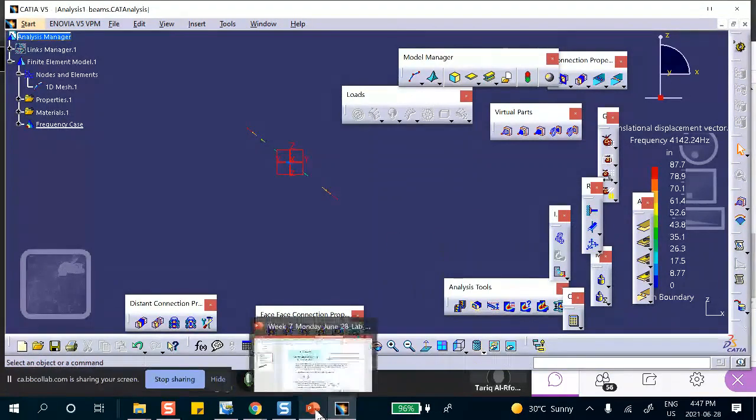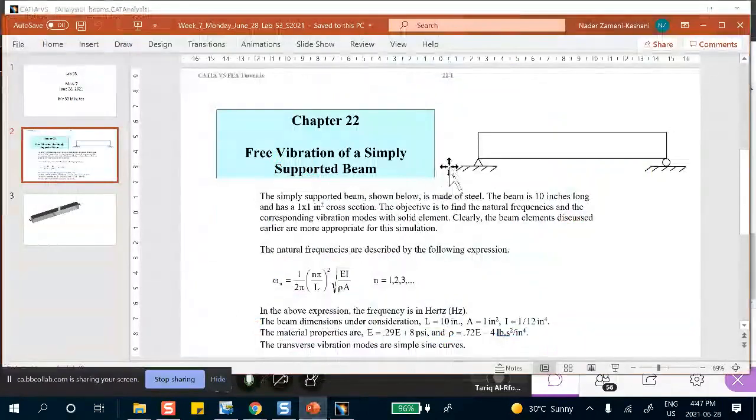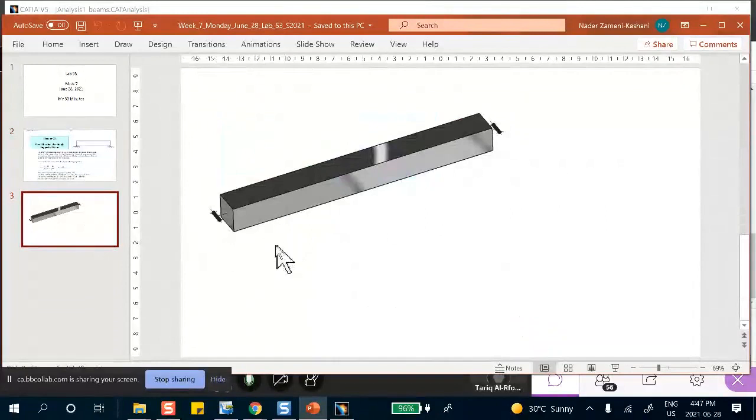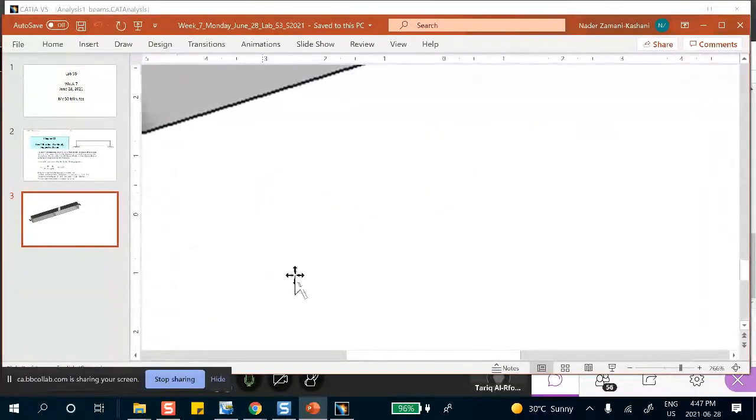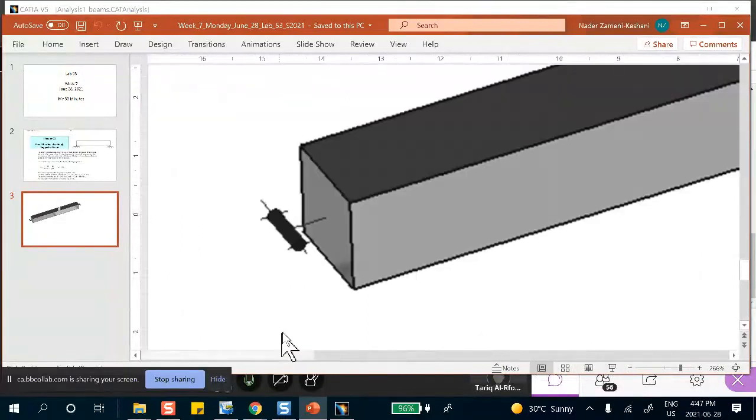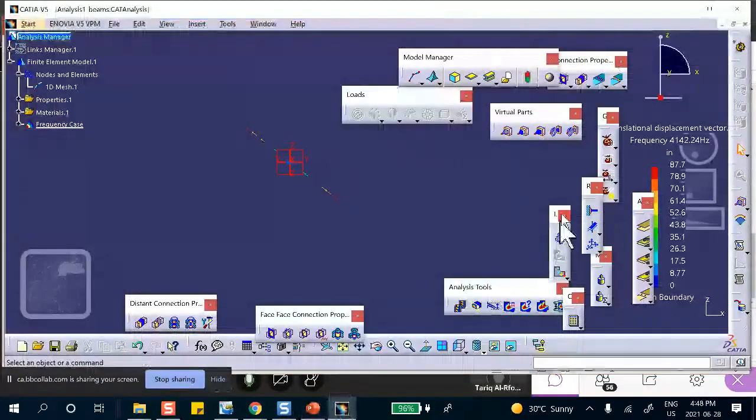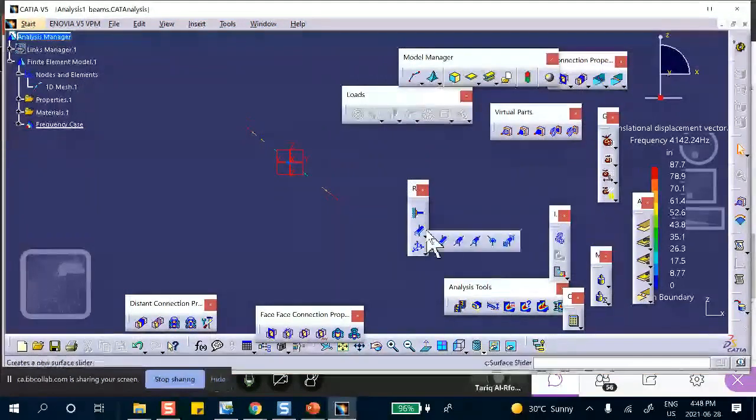Now, one last thing before I stop for today is this: when you look at the problem done in the book, instead of me actually clamping this bottom, for example, I use something called a virtual part and use these. Let me show you these things. Use these icons that we have never used before.